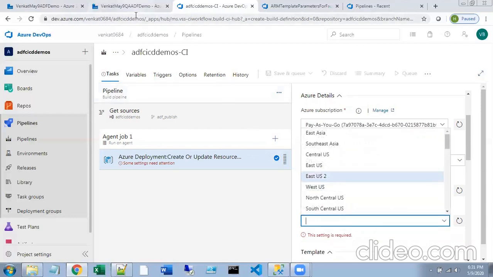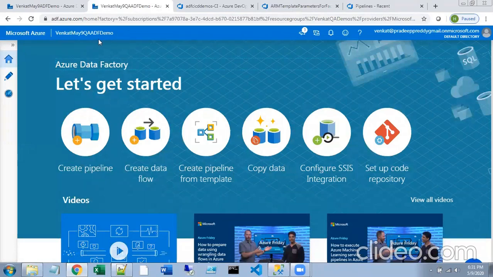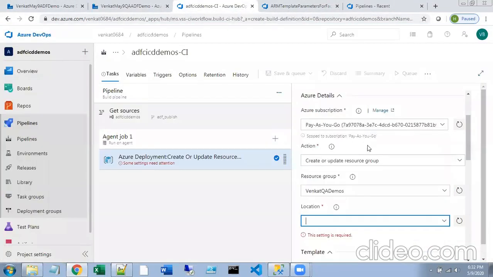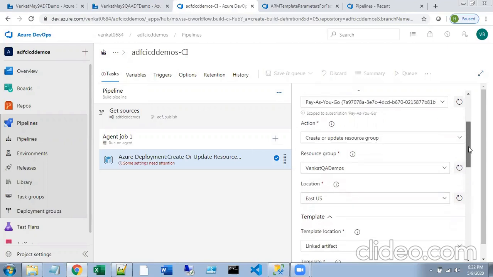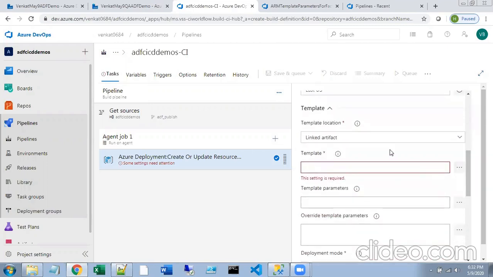If you want, you just check this and mention it. I think it is East US only. Let's say East US. And so you see, you have to select the artifact, the linked artifact.